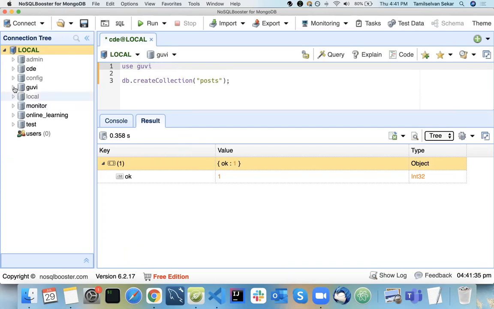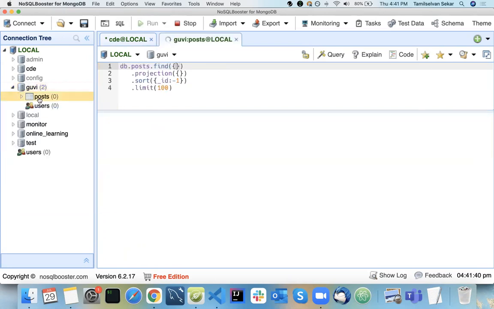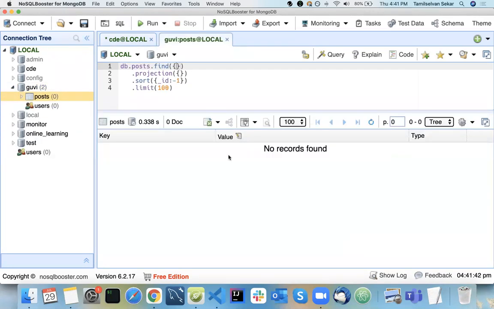So see here, inside the GUI you have a table called post. I'm going to click on post here. See, now it doesn't have any records. See here, no columns. See here, key, value, and the type. For example, if you have an ID, the value should be something like this, and it will show you something called integer, the data type. So we need not mention our data type or our definition, like the key or the column should be something like this. We need not do that. Everything is done by MongoDB itself.